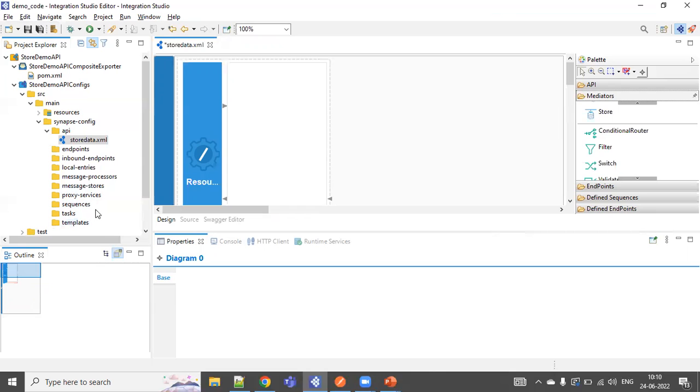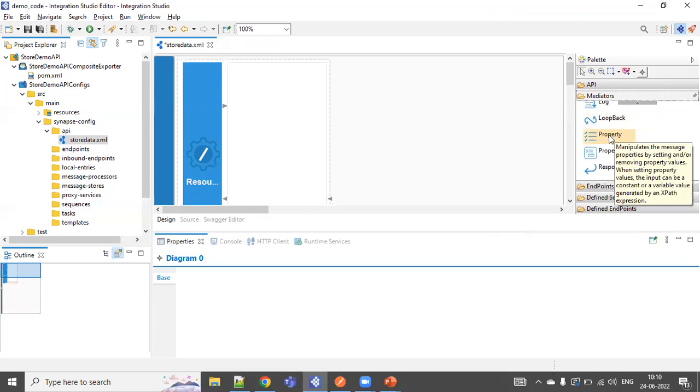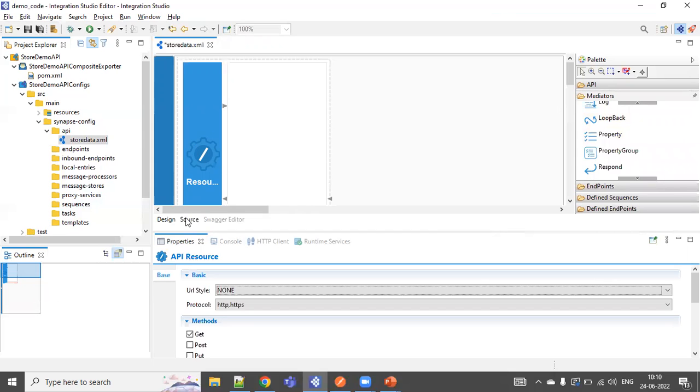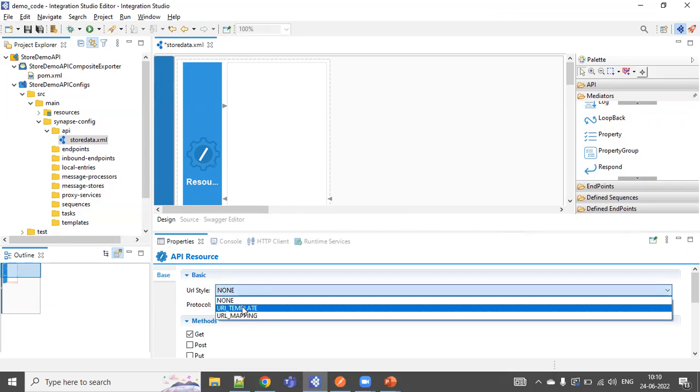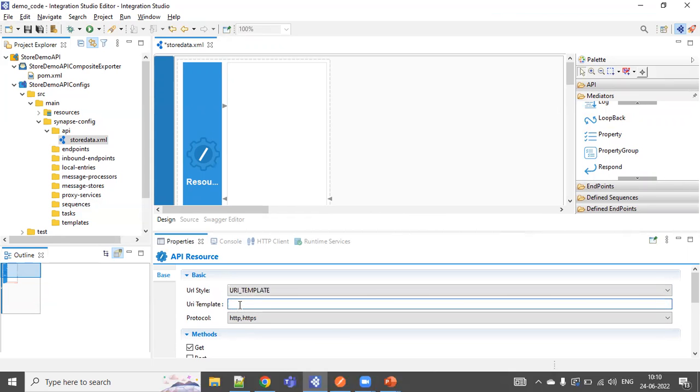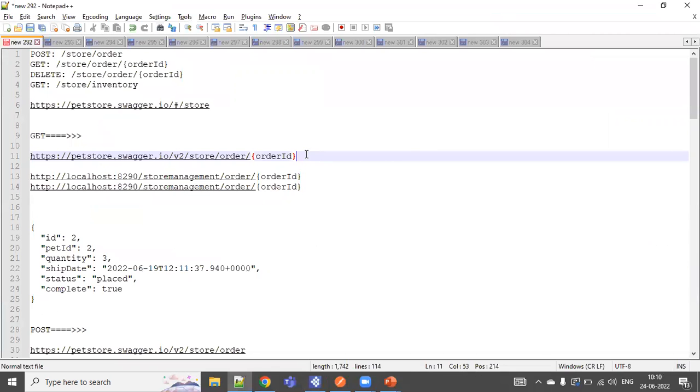I will explain it further. Next, I will be creating one process using this scenario. First of all, I will be dragging one property mediator and setting the resource. In the resource, we need to set up the URL template where, as I said, we will be giving this order ID